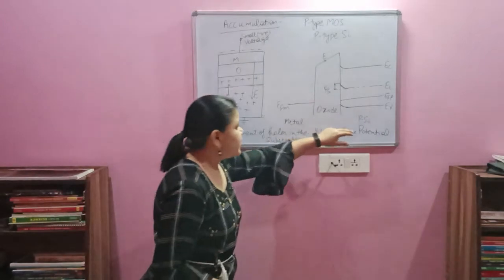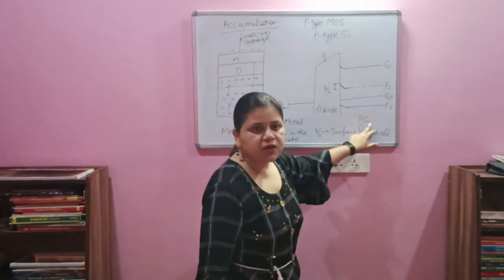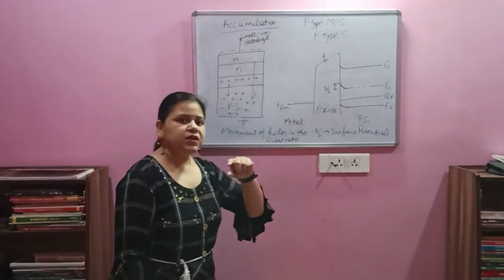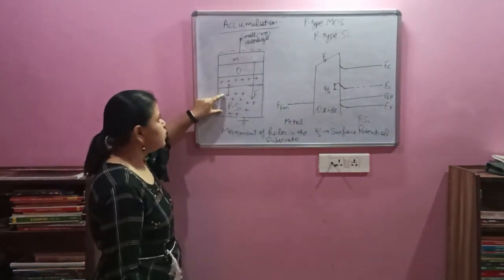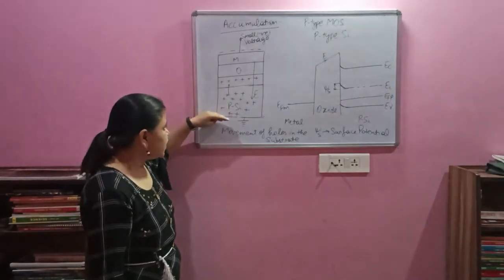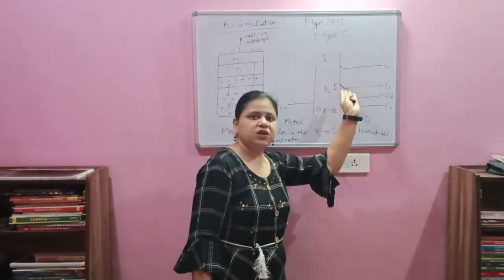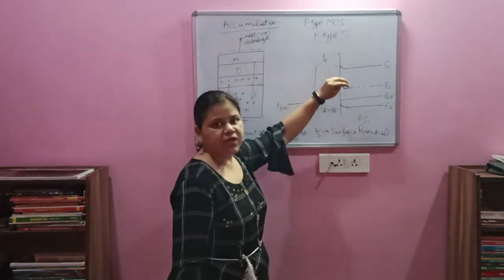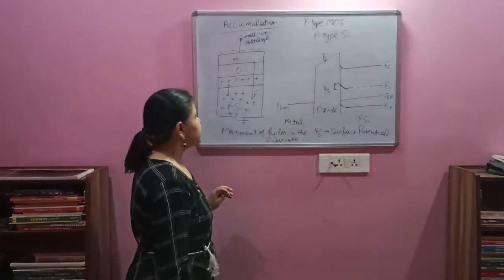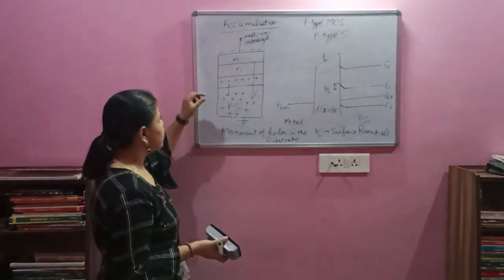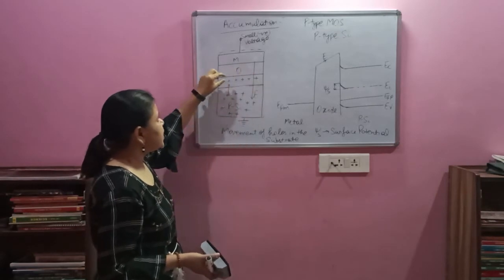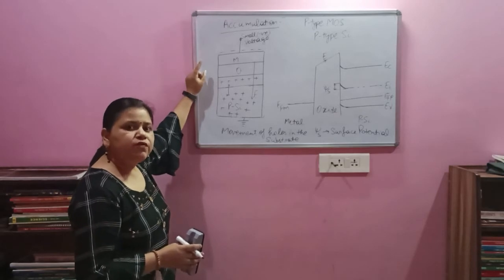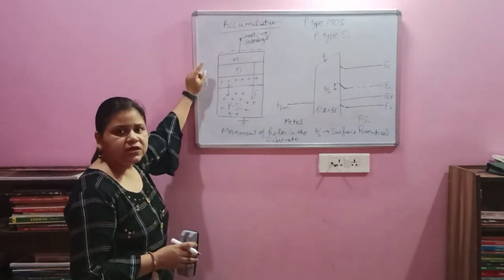So whether it is N-type silicon or P-type silicon, always remember that the bending of the energy bands will be in the direction of the movement of holes in the substrate. If the holes move downside, then the bands will bend downside. If the holes are moving upside, then the energy bands will bend upside over here. So this is what accumulation is. The name accumulation is given because the majority carriers are being accumulated in the interfacial region by means of the negative voltage applied at the gate terminal.